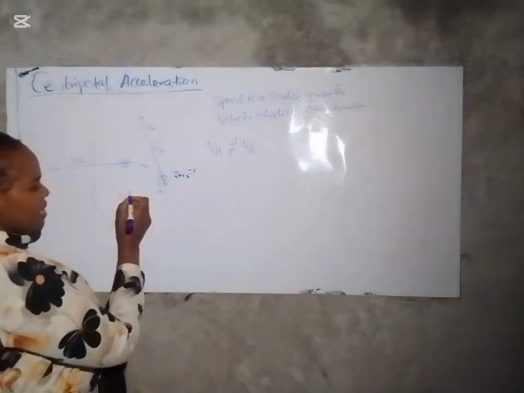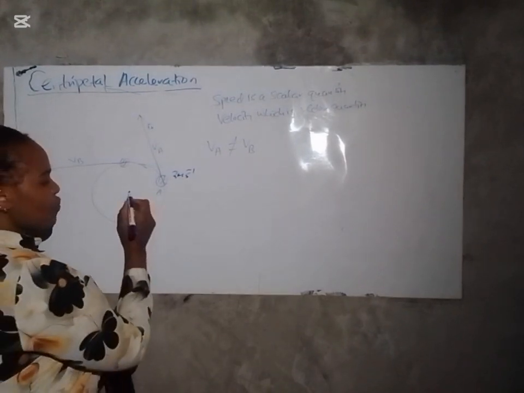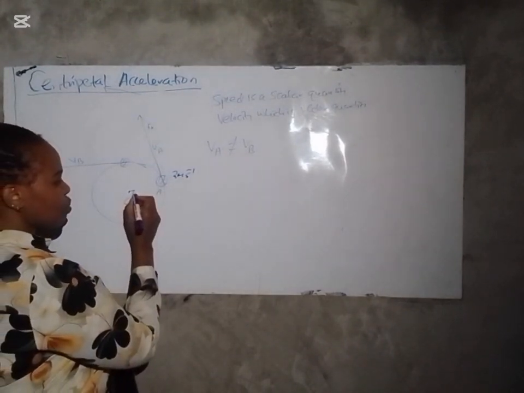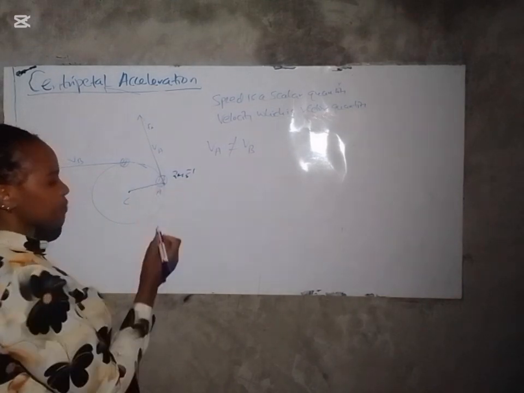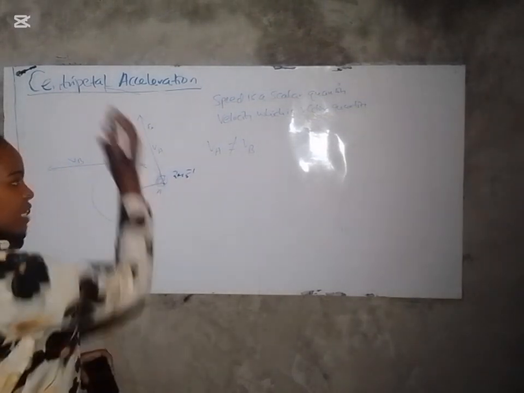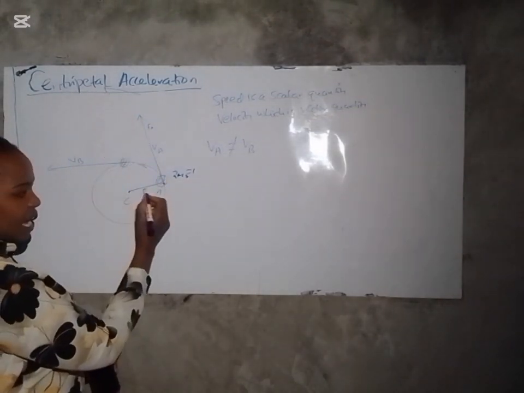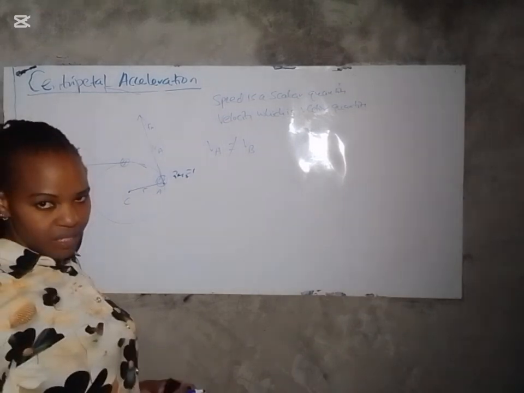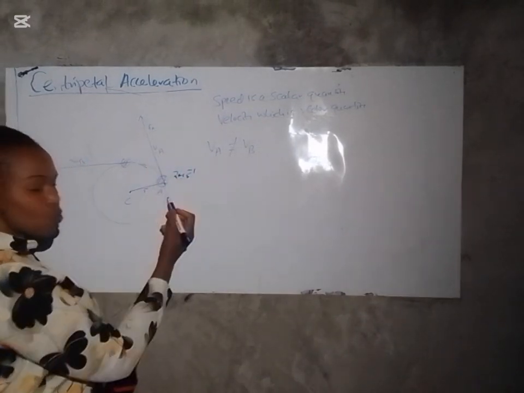Now, this is the center. Let's call the radius R. From the center to where I have point A, if you look at the two, they are making 90 degrees. The direction of velocity A and the radius R are making 90 degrees. So we can as well say that the radius is normal to